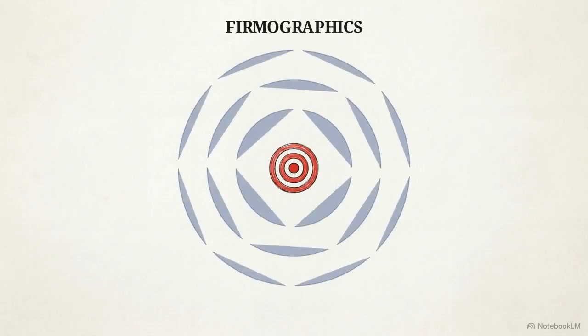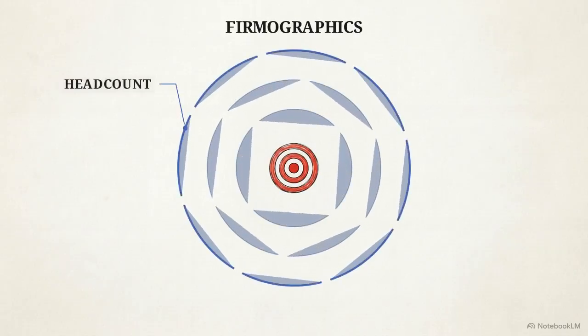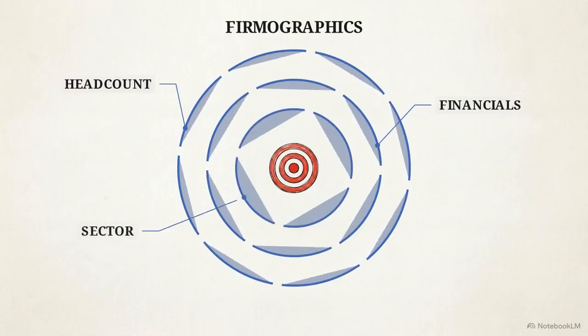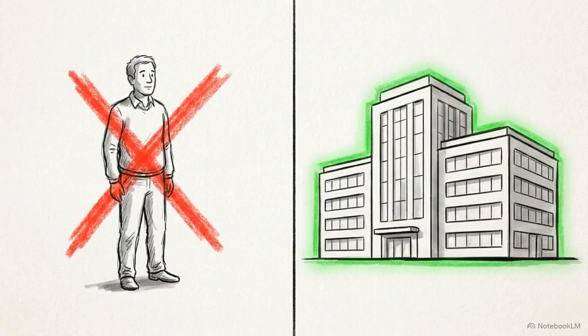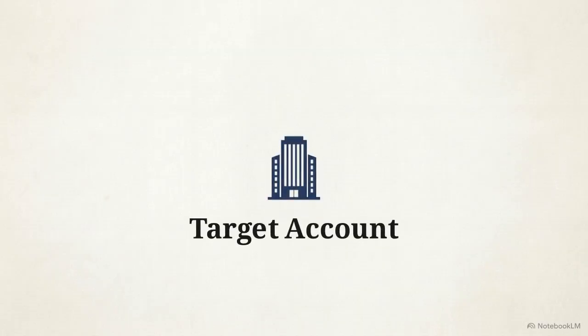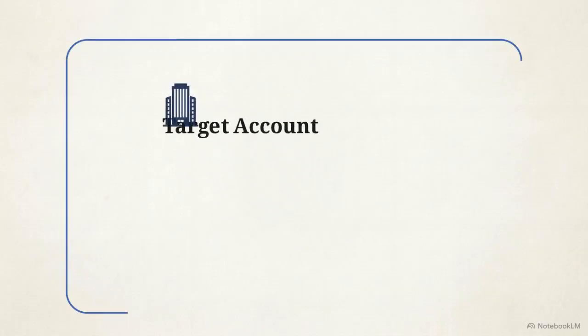We begin by defining the firmographics of the companies you want to reach, specifically filtering by company size, annual revenue, and industry. In B2B sales, purchases are made by organizations, not isolated individuals. That means we have to target the entire account. This diagram shows how a target account is structured. To get proper coverage, we need to identify 3 to 4 specific roles inside this company, like the CMO, operations